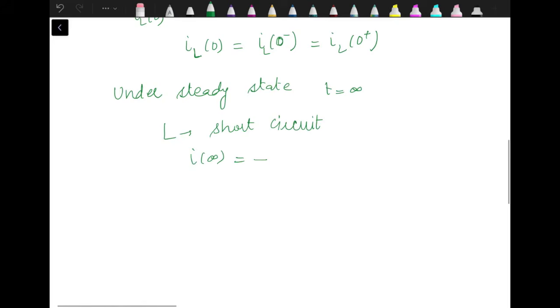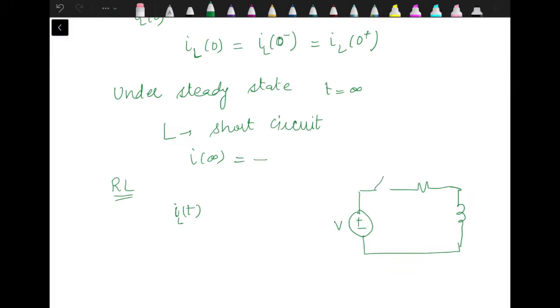Now in case of this inductor, it can be connected in series with a resistor. I'm not going into the derivation part, that you can check from any of the books. The current through the inductor, if we are having R and L connected in series, and here we have a source, and this is a switch which can be turned on and turned off. Then current through this inductor IL(t)